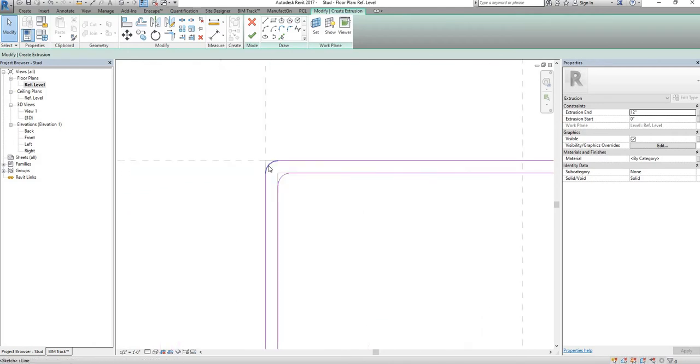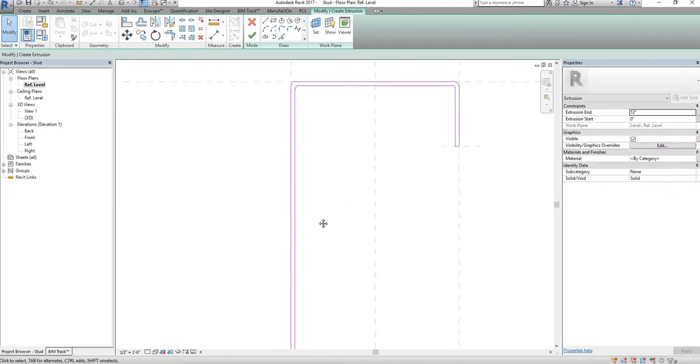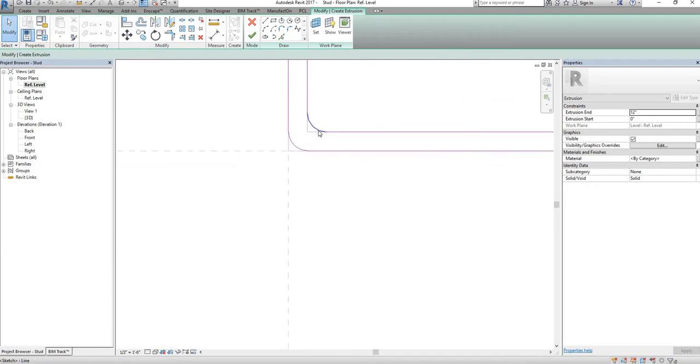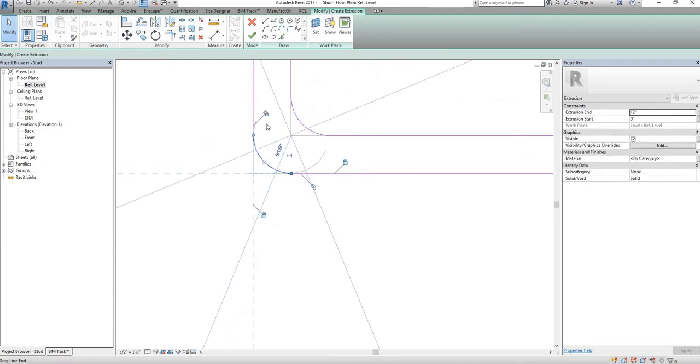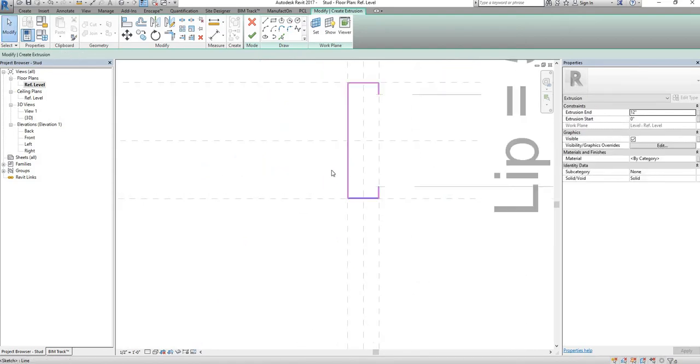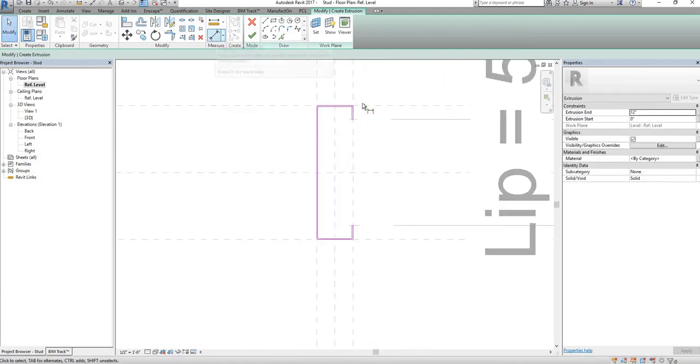More normal, actually. Anyways, just gonna make sure these are all locked. Okay, cool. And then the last thing we're gonna do